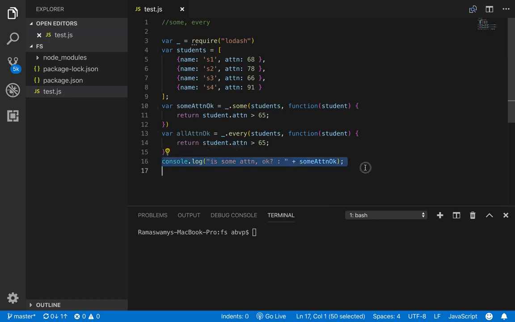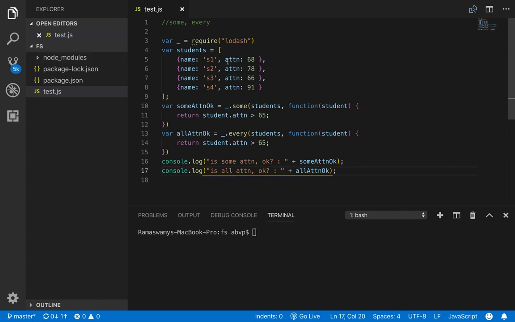Similarly, let us print all attendance okay. So is all attendance okay?